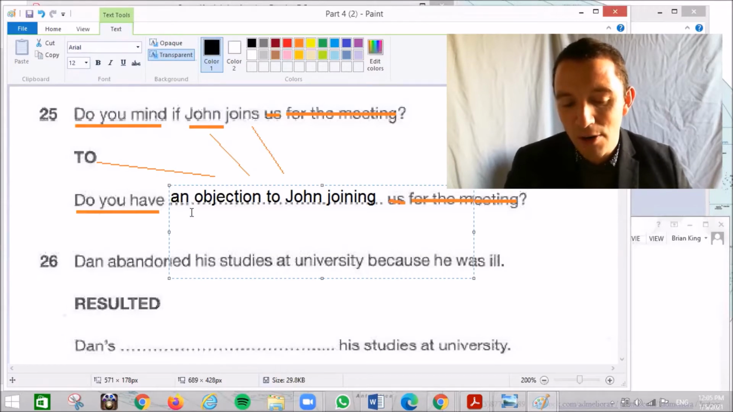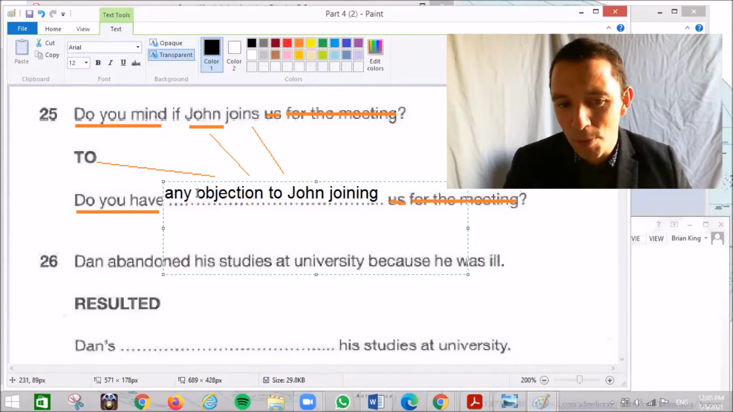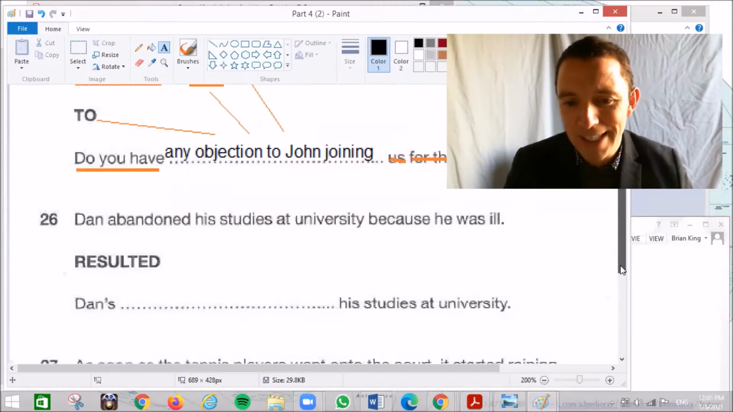So when it's in general, do you have any objection to John joining us for the meeting? For me, that is the more appropriate answer with "any," because it's just general. Do you mind in general? Okay. Any objection to John joining us for the meeting? So that is 25. Okay. And if we move to 26,